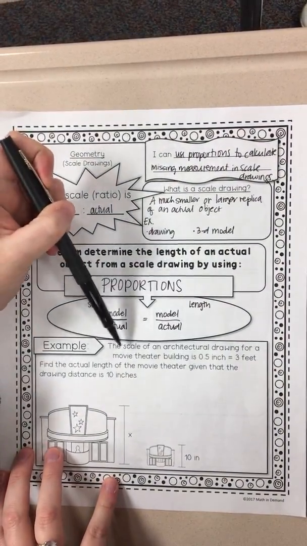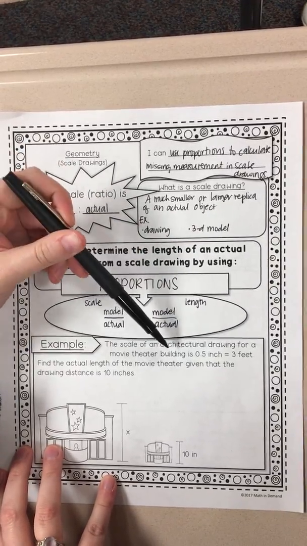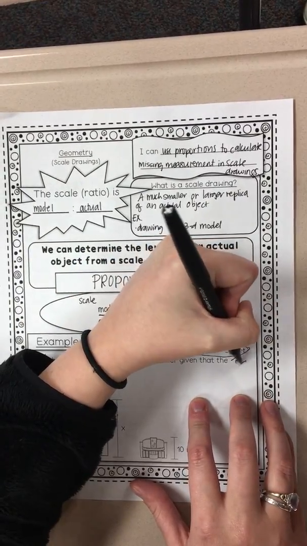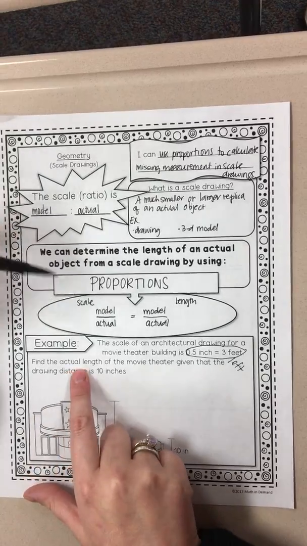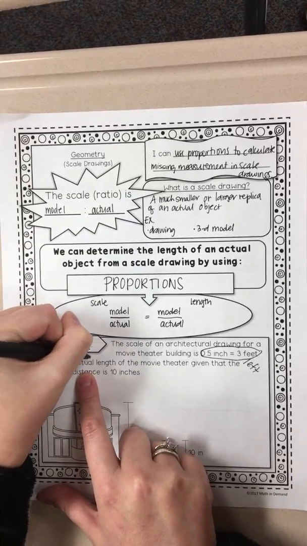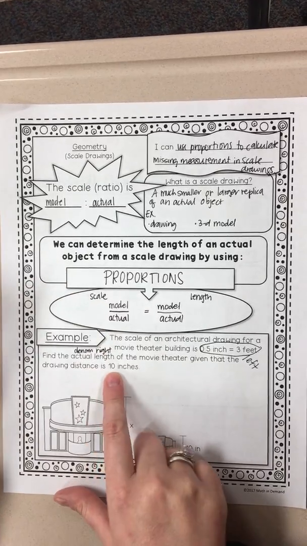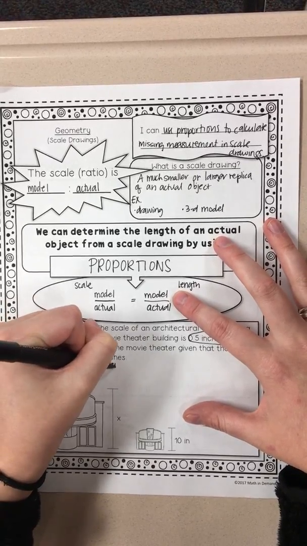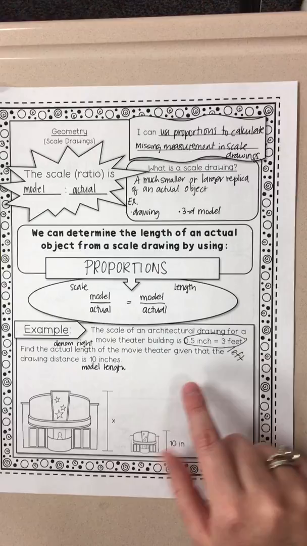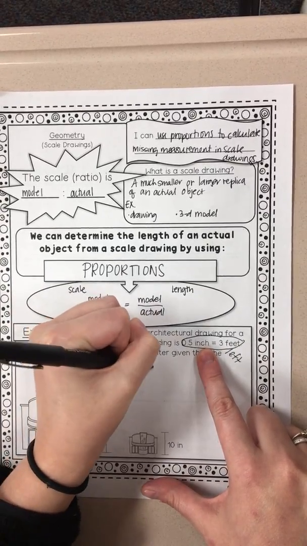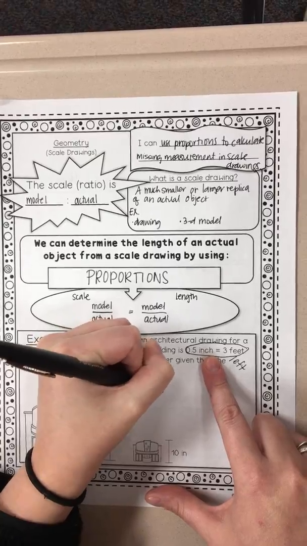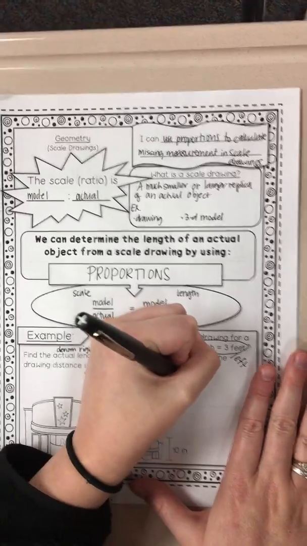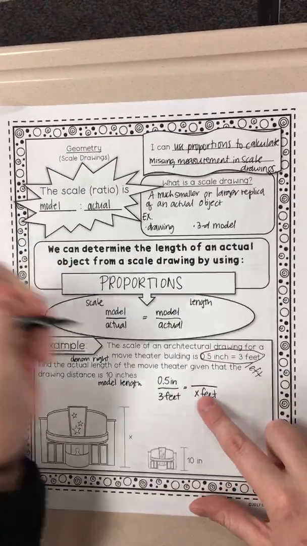So, as an example, the scale of an architectural drawing for a movie theater building is 0.5 inch to 3 feet. So that's going to go on the left side of my proportion. Okay. And then we're going to find the actual length. So this is going to go in the denominator on the right. Okay. Given that the drawing distance, so the model length, is 10 inches. Okay. So on the left, I'm going to have 0.5 inches over 3 feet. And then my unknown is the number of feet that the building actually is, but I know that my model